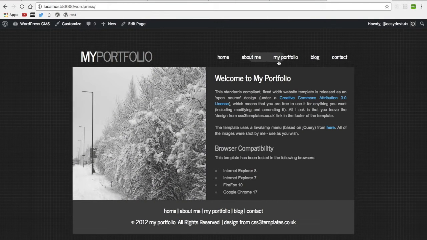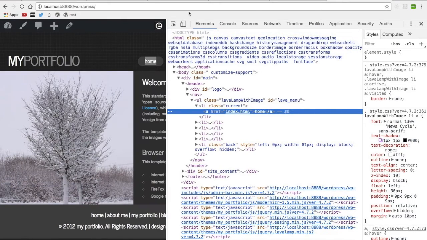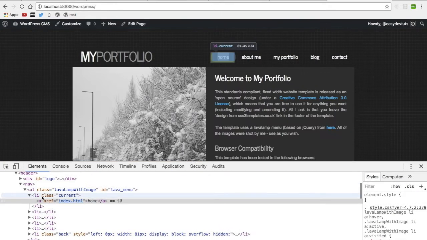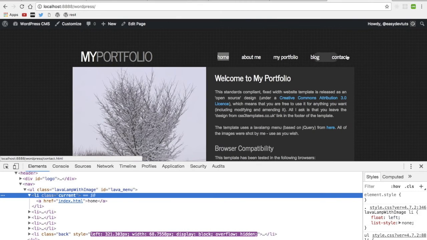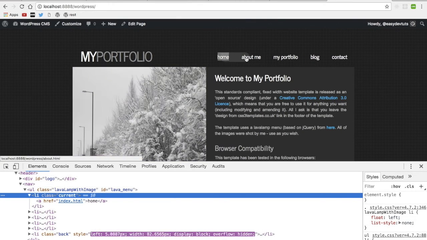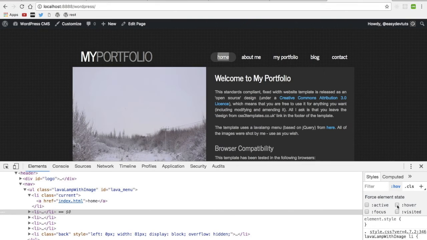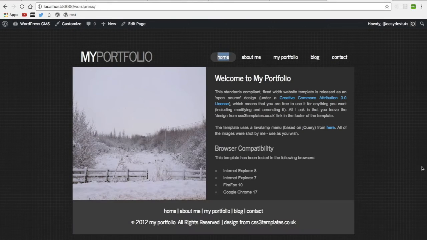So one thing I need to take note of is that there seems to be, let's inspect this, an active state for our links in the navigation. We'll want to make sure that when we create the nav, we don't lose that. So it looks like our list item, our li tag, needs to have the class of current. So we'll be sure when we're building our main nav to include that. I don't believe there is a hover class. Let's try it on the link. So let's go ahead and create the